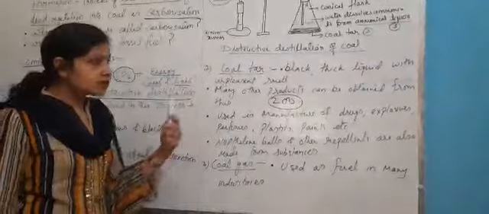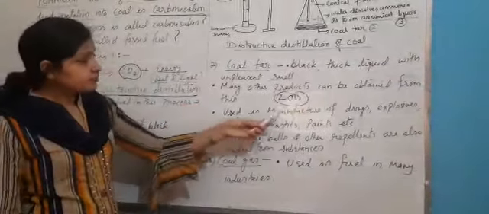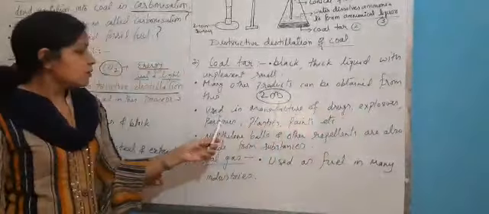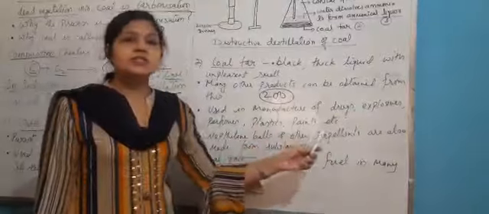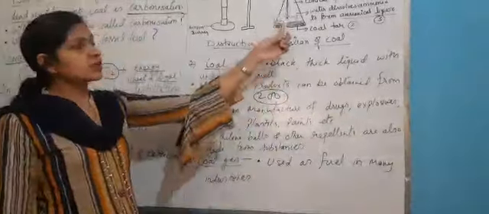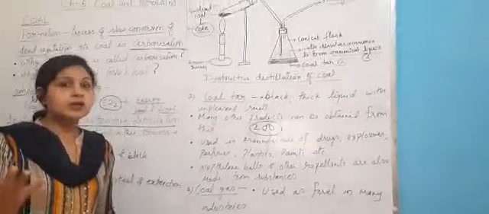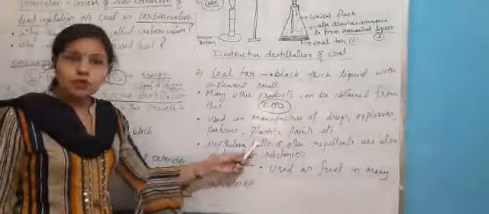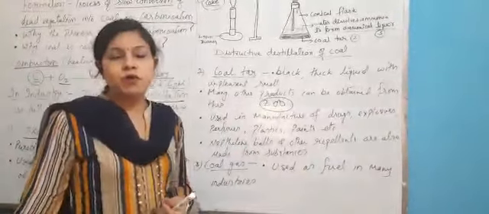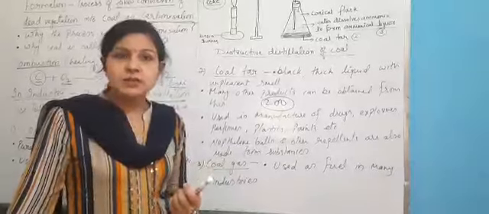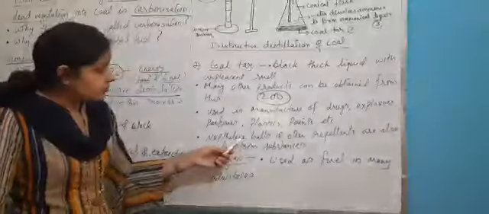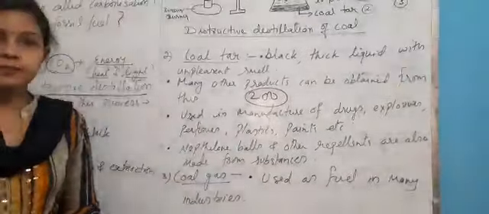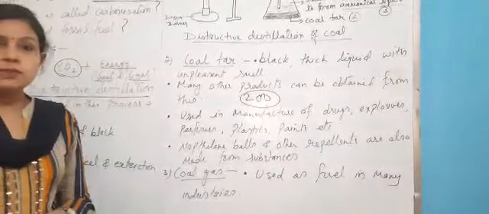Okay, so what other substances do we make from this coal tar? We can manufacture drugs, which means medicines, explosives, perfumes, plastics, paints, etc. from coal tar obtained from the destructive distillation of coal. So you can understand how useful it is for us. Along with that, naphthalene balls. You know about the naphthalene balls. These are white colored balls which are used as insect repellent at our homes. So naphthalene balls and other insect repellents are also made from this coal tar. So you can see that it is a very important substance.